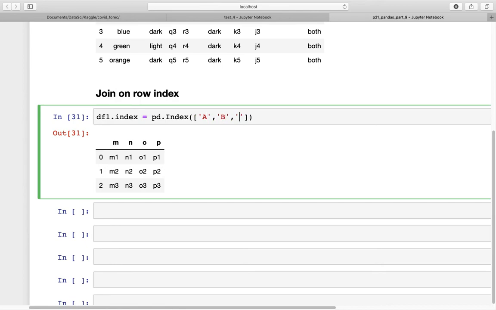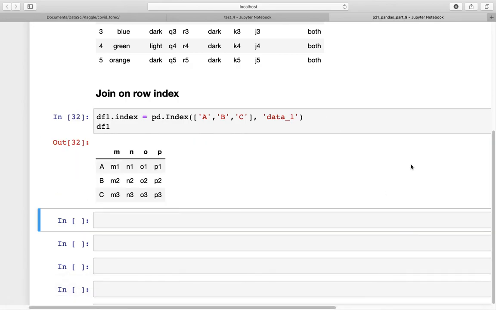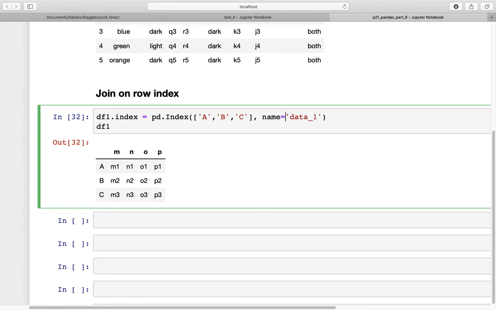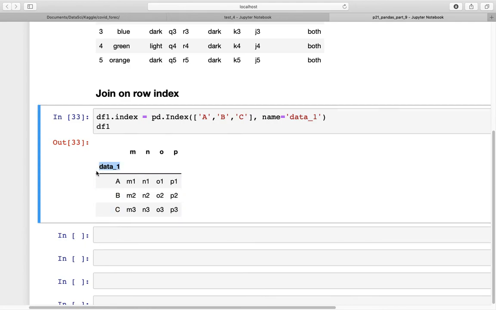We have 3 rows, so we need three of these, and we can give this a name, let's call it data1. Sorry, we need to specify name is equal to, okay, that should work. So now we have the data frame df1 which has labels a, b, c, and we have also given that index column a name,